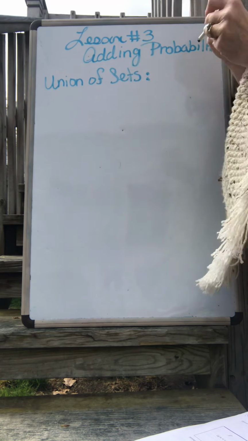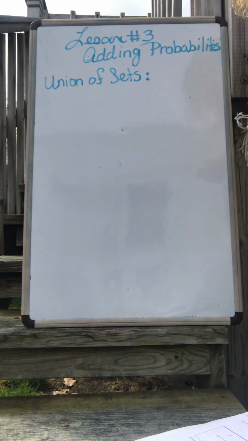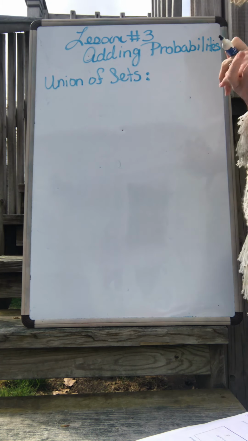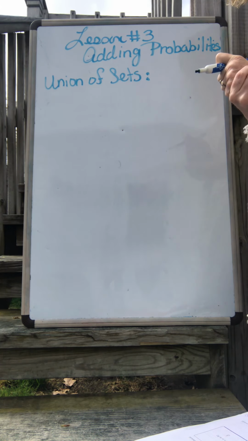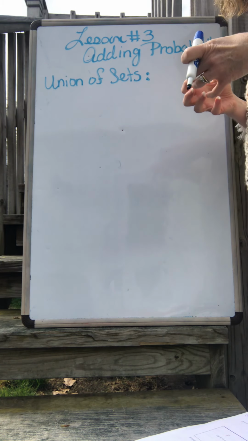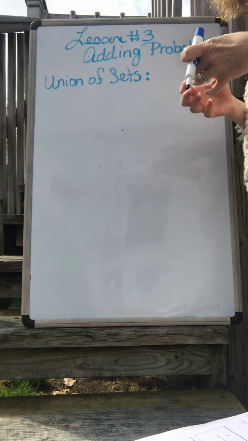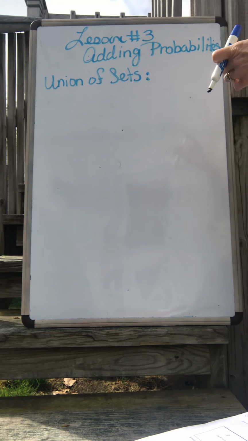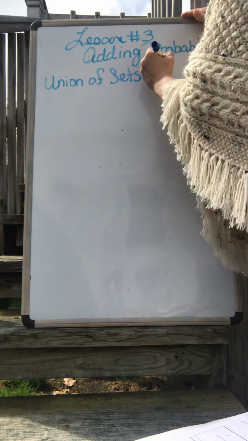The union of sets is when we're adding sets together. And when we're adding sets together, we usually call this OR, because we're saying, are you from set A or are you from set B? So this way we need to add up set A and set B to know how many elements are in the two sets together. So the union of sets we call OR,